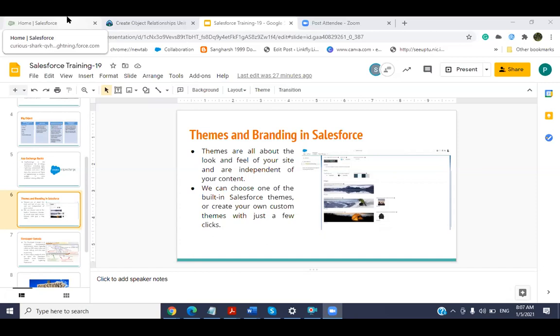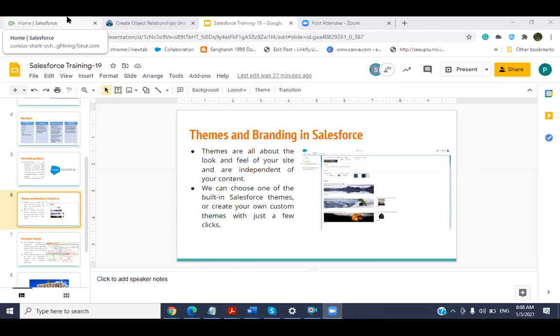Salesforce also provides some standard themes and brands that we can use. Otherwise, if we want to use our own, we can customize them.